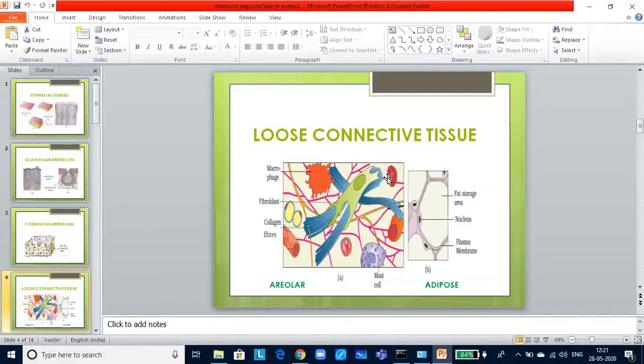Now, the fourth kind of tissue we are supposed to learn is the neural tissue. These are the functional units and excitable cells. Neuroglia cells make up more than half the volume of the neural tissue, and they protect and support the neurons. Now let us look at what neurons are. They are the neural system's excitable cells.